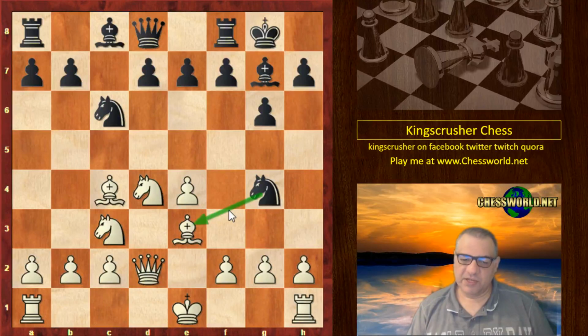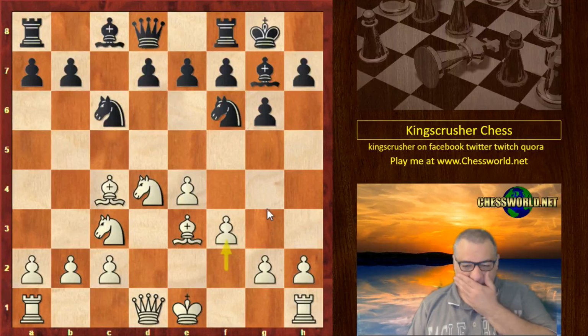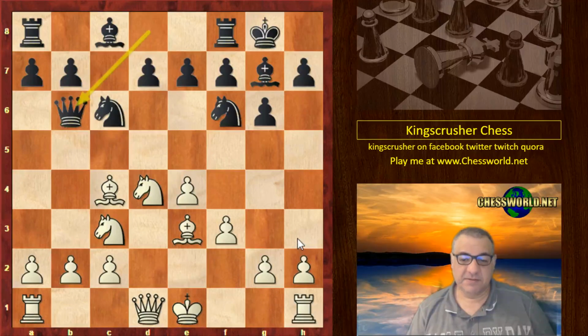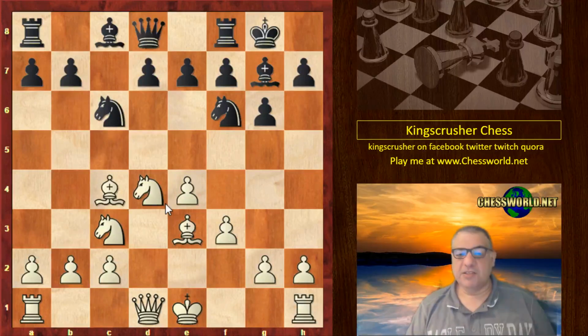Basically, this is really annoying. I don't think there's actually time to play f3 either. Pardon me. I think black has some interesting choices here, including the weird looking queen b6. Yeah, I think if bishop b3 here, then knight takes e4 and it gets a bit messy. This is a bit of a messy position. Let's not go into that. So anyway, the bishop just retreated,